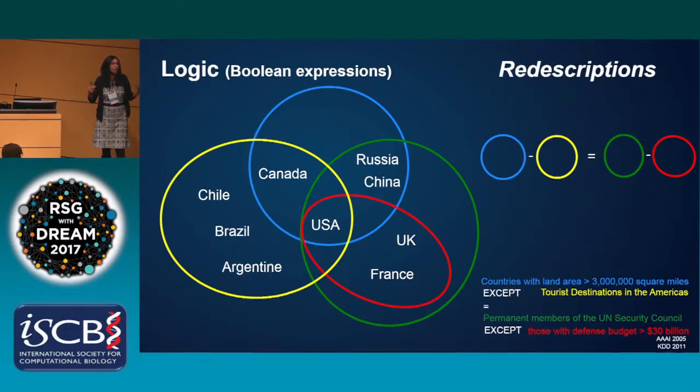In complex diseases, they have complex etiologies, and it is possible that you see a pathway that is associated with type 2 diabetes, and some pathway associated with cardiac disease, and the patients are actually showing both the pathways active in them. So it is a way to understand complex diseases. To connect it to TDA, we can take these redescriptions and associate them to simplicial complexes and run persistent homology on them